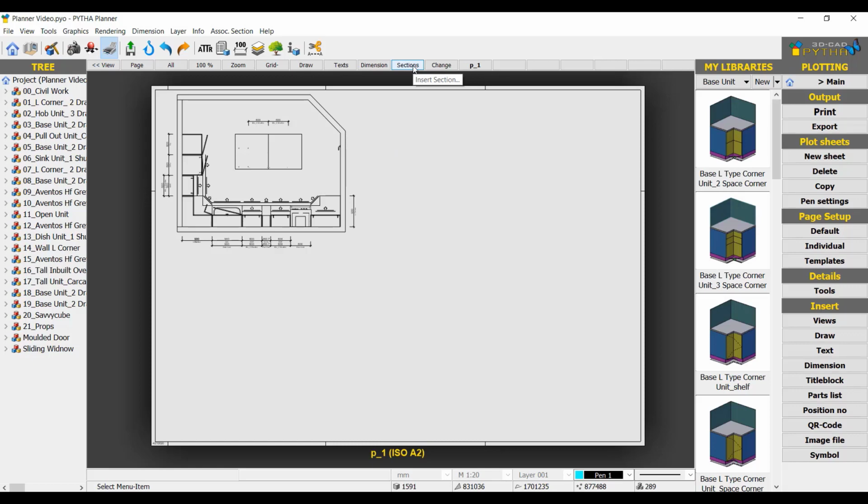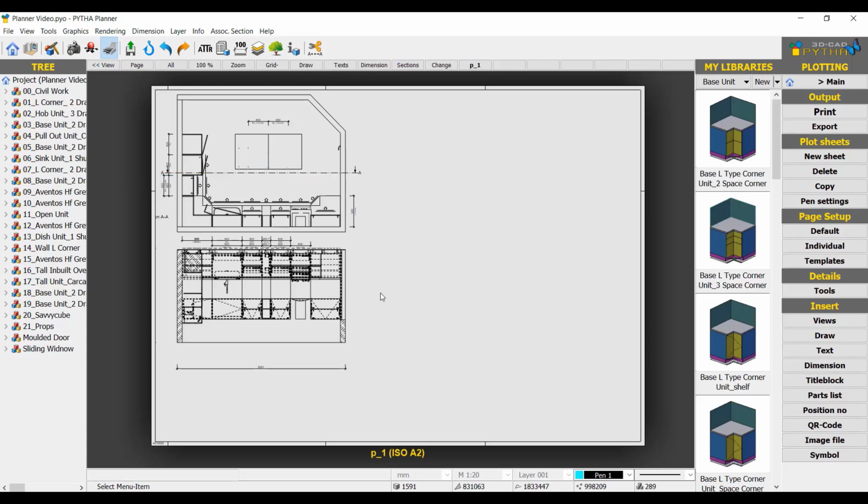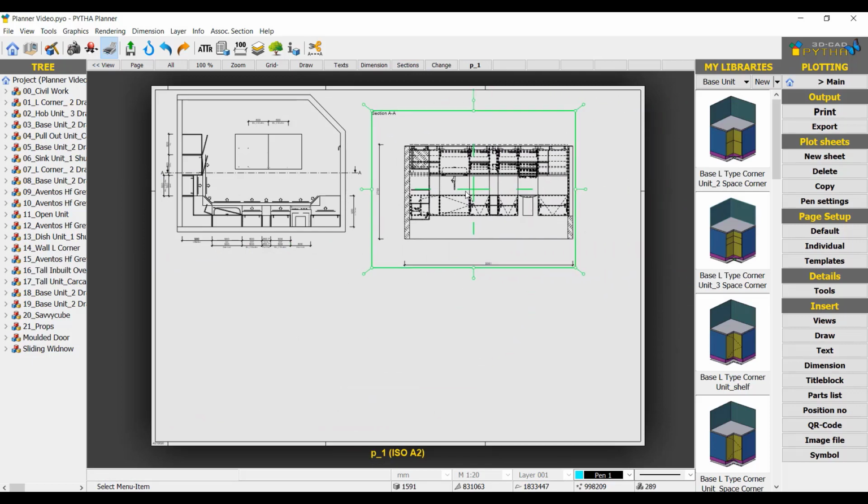I will now create sections. To create a section, go to sections. Here you can select the cutting plane, the way you want to cut your sections, either horizontal or vertical. Or if you have sections in your model, you can import those sections to your plot sheet through sections from model. I will select section horizontal in model and cut my section through here. If you want your sections on the upper side, you can keep it the way it is. Or if you want your arrow to move towards the opposite side, all you need to do is just slide your arrow. Click. So my section is now created. I can edit the detail and move it to the sides where I want.